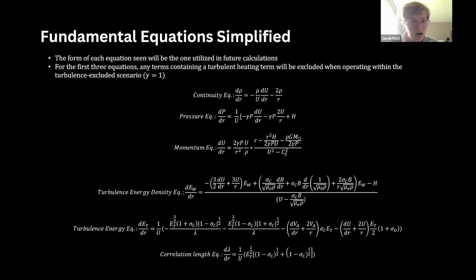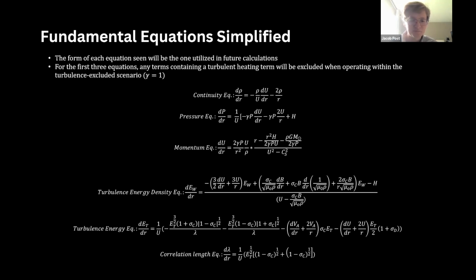From top to bottom, we can see some slight variations in the equations compared to what they were before. The continuity equation will be primarily responsible for the change in density in comparison to the change in heliocentric distance. The pressure equation will be in relation to the change in pressure,